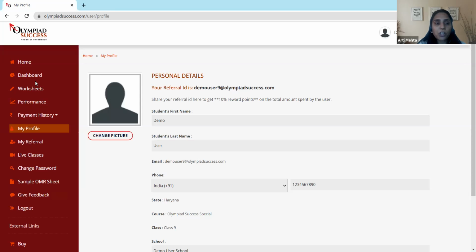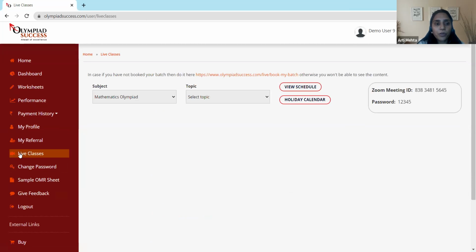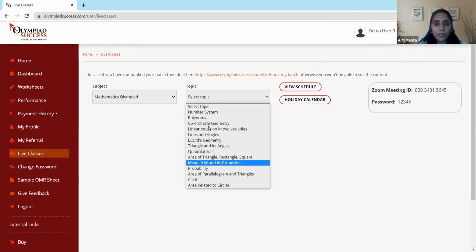So two sections which are of importance here are live classes and the worksheets. Okay, so first I'll tell you about live classes. Here under the subject section, you can see what all subjects you have enrolled for, right? I have enrolled for these 5 subjects, which are maths, reasoning, science, Vedic mathematics, and web designing. What I need to do is I just have to select the subject, then I need to select the topic,